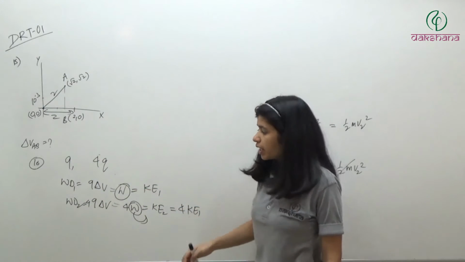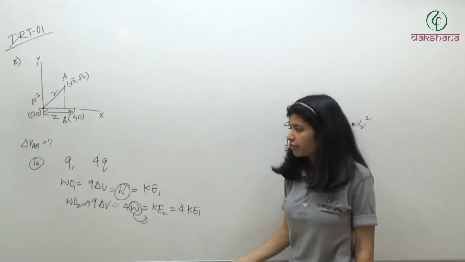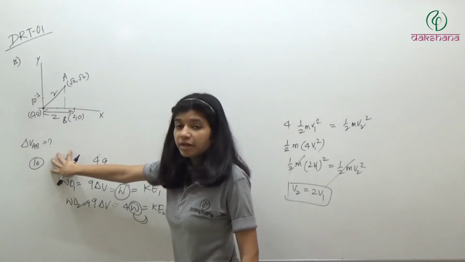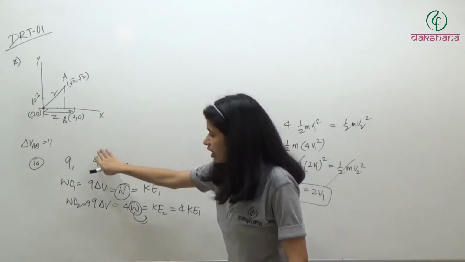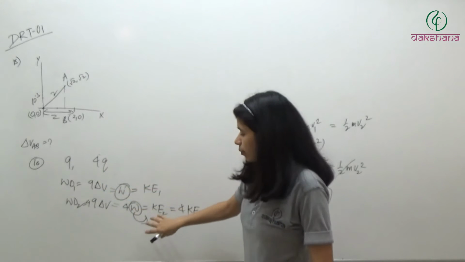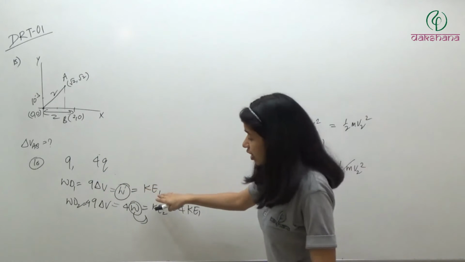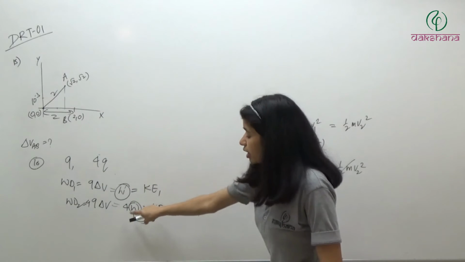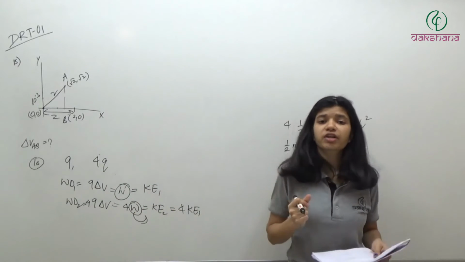And why is it happening? We have seen, if they are passing through the same potential difference, the work done on this will be q delta v, and on this it will be 4q delta v. So if it is w, it will be 4w. So जितना work done उतनी वो kinetic energy gain करेगा. So if it is gaining kinetic energy k, then the kinetic energy gained by the second particle is 4k. So यहाँ फटाफट कर सकते हो, है ना?